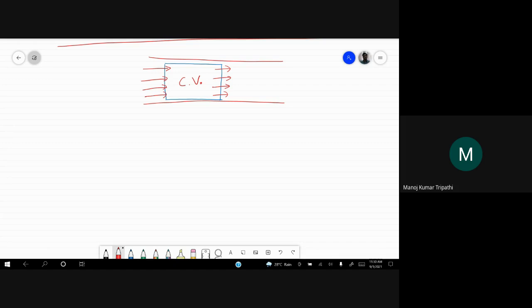When someone fills air inside that tire, in that control volume, this is the tire control volume, and there is an inlet. So the air is going in through this inlet. Let's say m mass of air goes through this inlet. Then you are sure that if there is no leakage in this tire, then m mass of air is inside that control volume, right? That is conservation of mass.